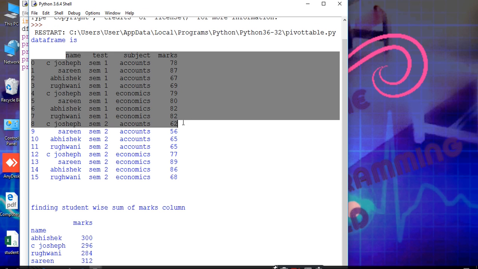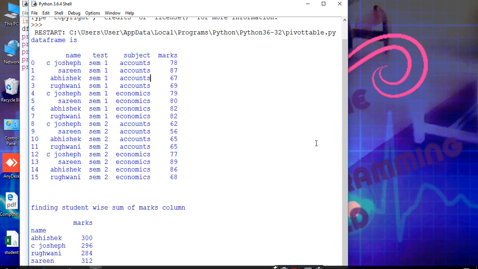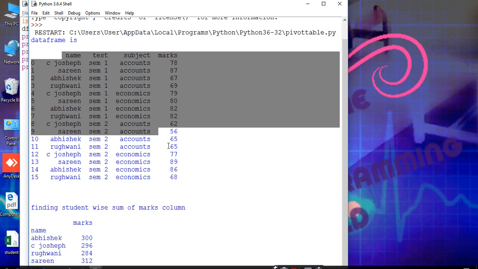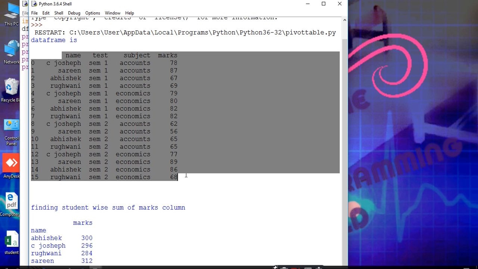See, this is your actual data frame. We use pivot table index is equal to name, that is, name wise. See here there are only 4 names: C. Joseph, Sareen, Abhishek and Ragwani, and these are repeated again and again, meaning in this entire data frame only 4 names are given.